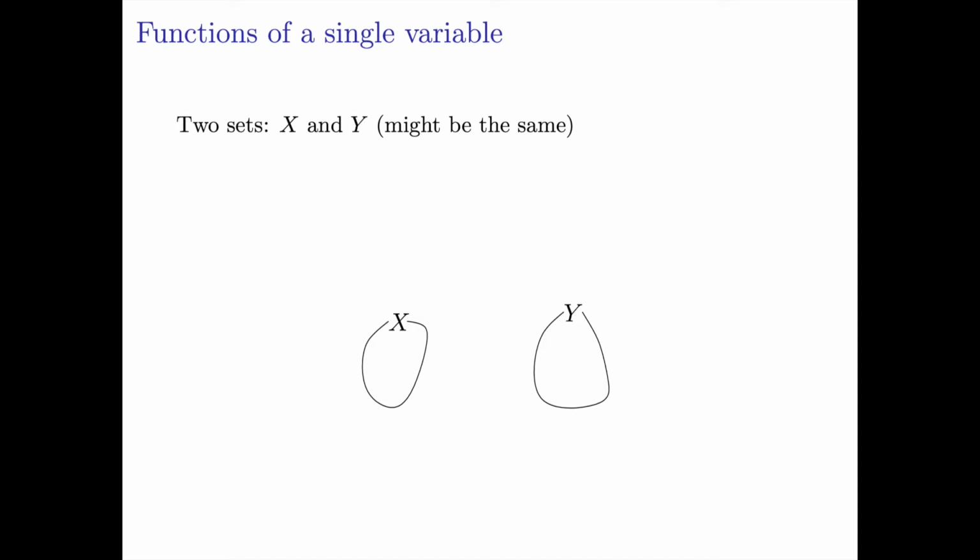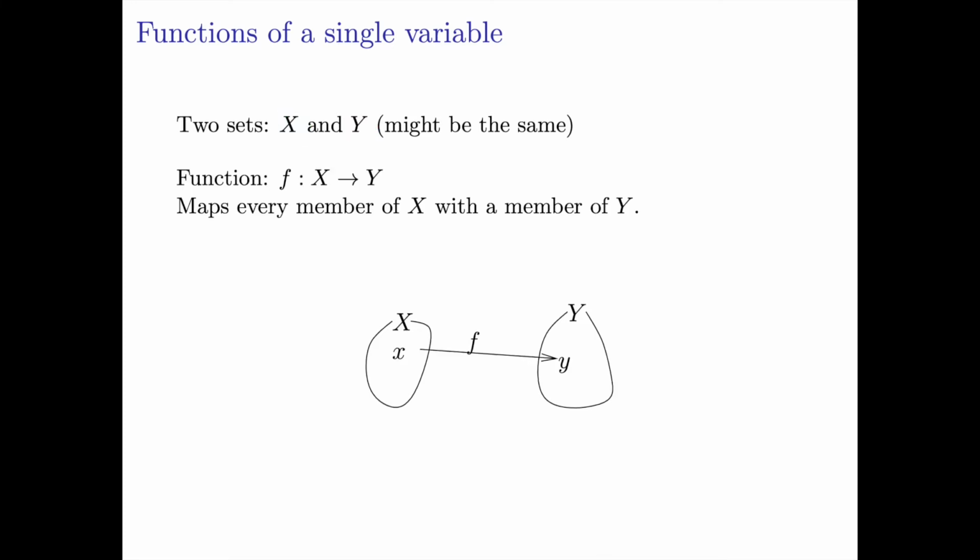So what are functions? Given two sets, they could be anything. We've got two sets, X and Y. A function maps one set to another. So for any little x in capital X, a function, f, will tell us which member of Y x should be mapped to. So for instance, let's suppose Y were real numbers, which we often denote by R, and X